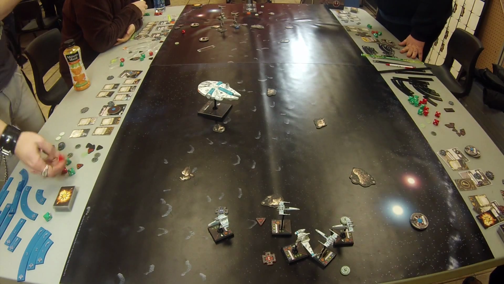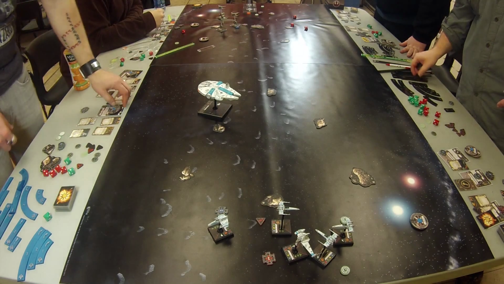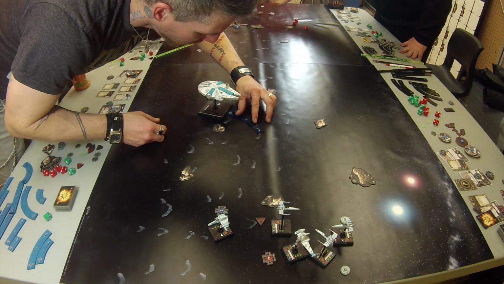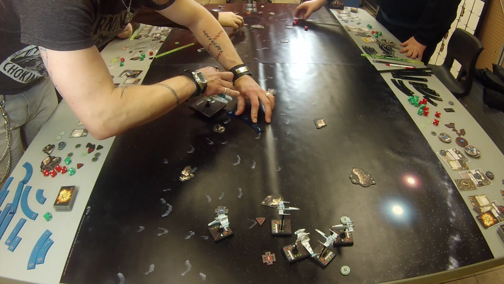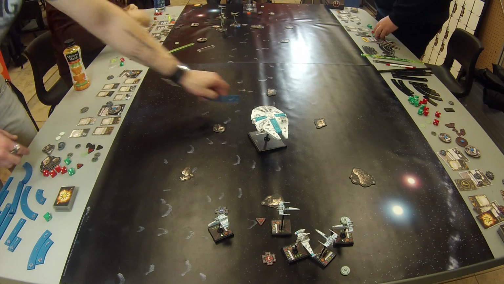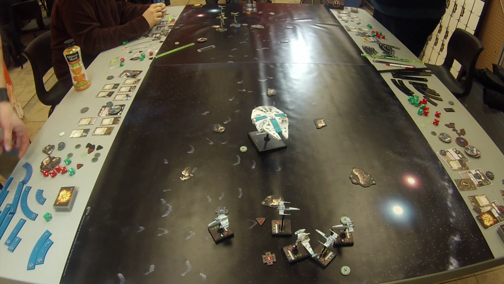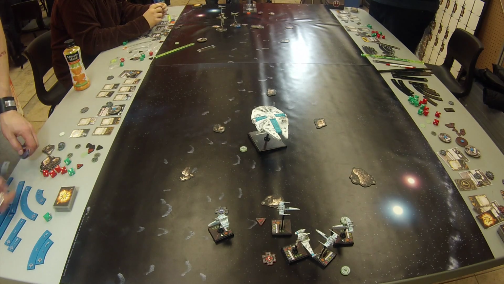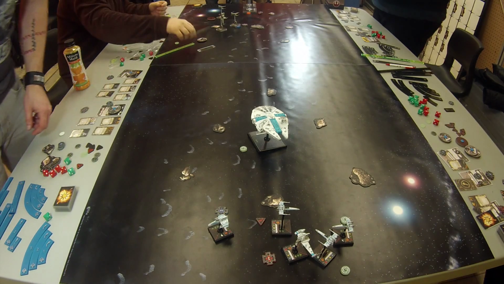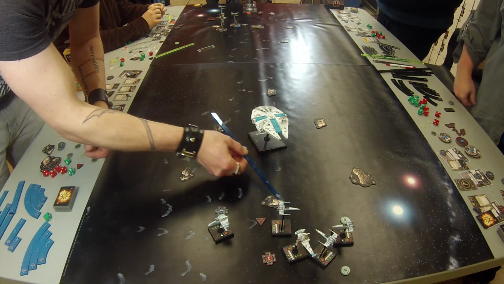So Corran did do a 5 forward. Went over the asteroid, but luckily took no damage from it. And the Falcon's still rearing its ugly head. Get back into position. Looks like Lawrence is also in a really good spot to redeploy against the Falcon next turn. I mean, the E-Wing still has a bit of turning around to do, but in the long run, I don't think that's too much of a problem. Yeah, he's definitely...